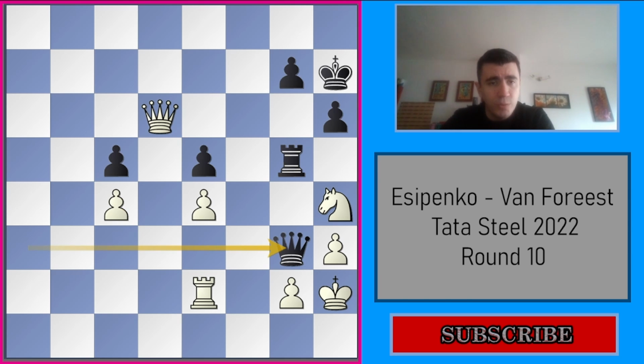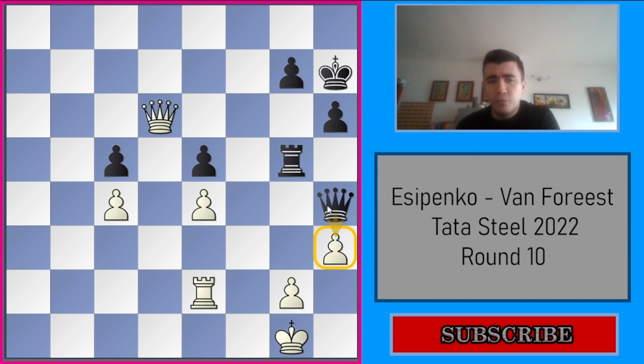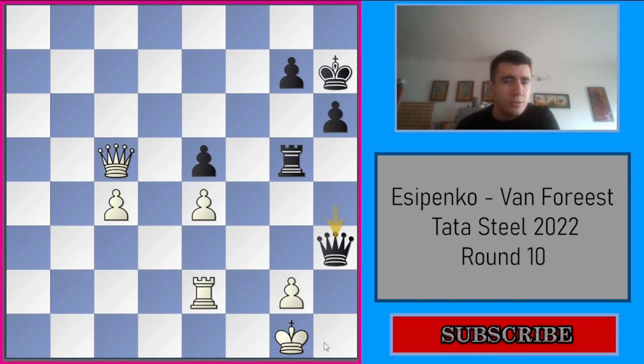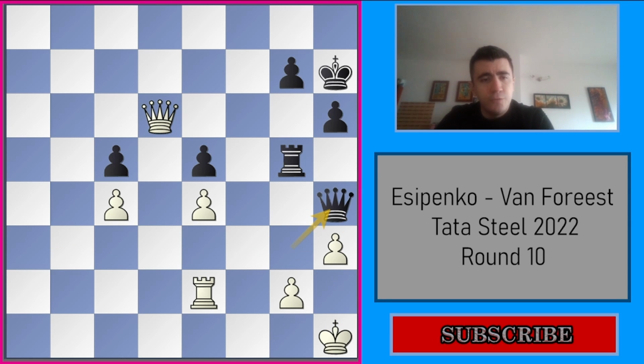And now king h1, because he wants to avoid some pins on the g file. Let's say if king g1, queen h4, white is not able to capture on c5, because then h3 also hangs, and the position becomes equal. But he goes to h1 instead. Queen takes h4, and now queen c5. White is a pawn up, but